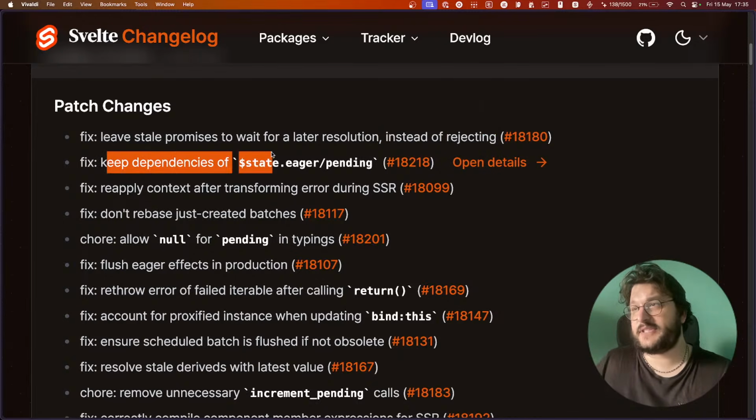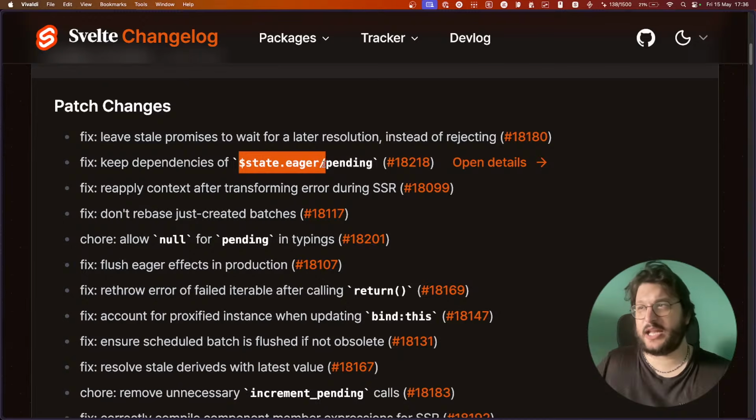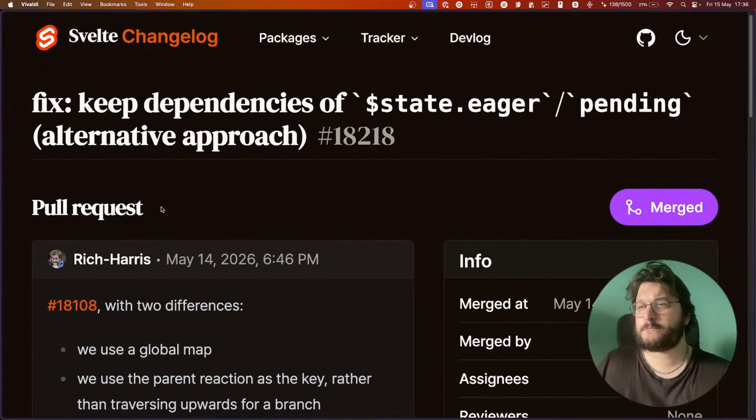Key dependency of state eager/pending. Not sure what the bug is, but state eager/pending. Let me see.